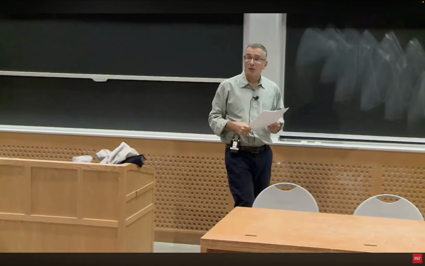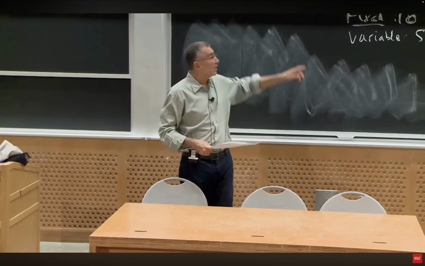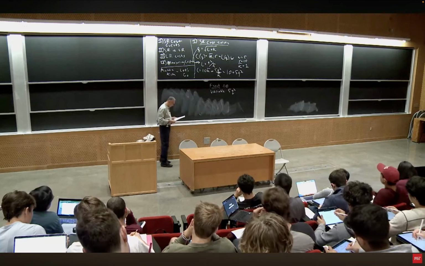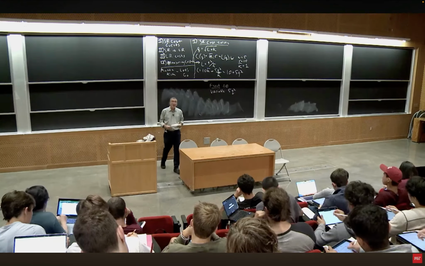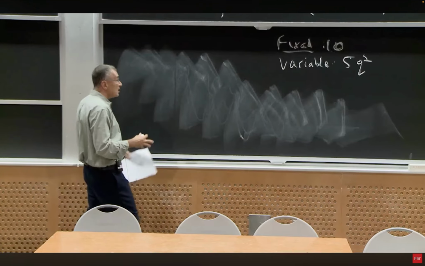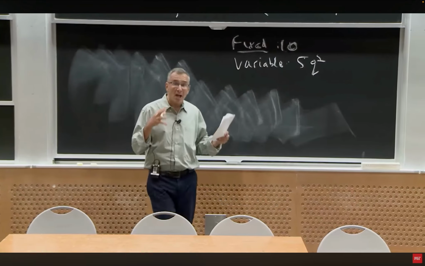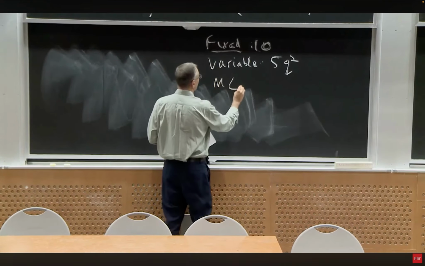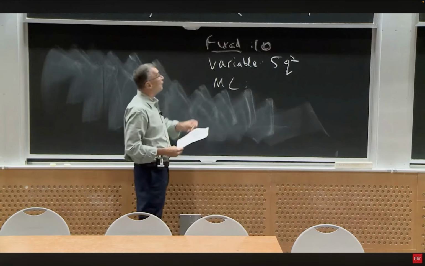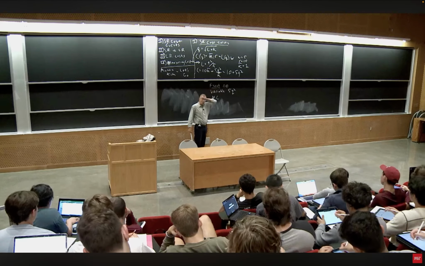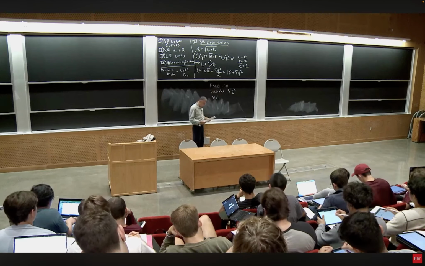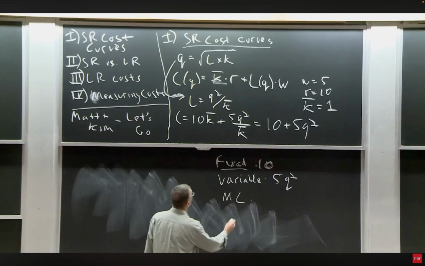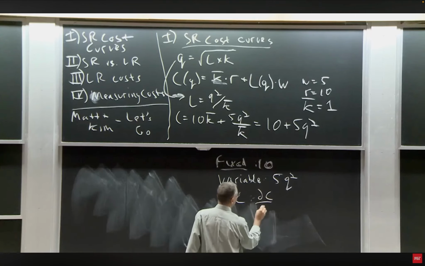And total cost is the sum of those two, as expressed there. Total cost is the sum of fixed and variable costs. Now, the single key that will drive production theory is what we're going to call marginal costs. Marginal cost is the differential of total costs with respect to quantity. Okay? So marginal cost is dC/dQ,